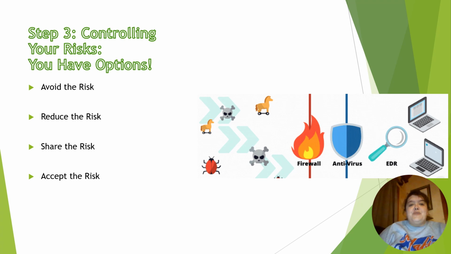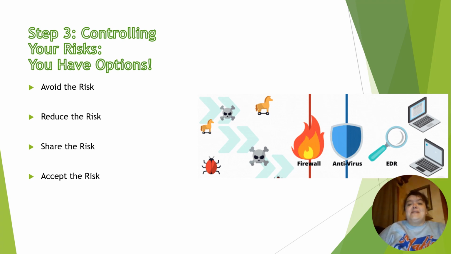Once you have analyzed your risks and determined their levels of likelihood and impact, it is time to figure out how you will control the risk. And guess what? You have options. The first and probably most obvious option is avoiding the risk altogether. You say to yourself, well, we just won't go down that path, then there is no possibility of the risk happening. Of course, this sounds great on paper, but most risks can't be avoided completely,